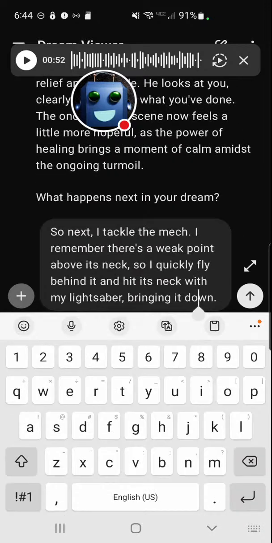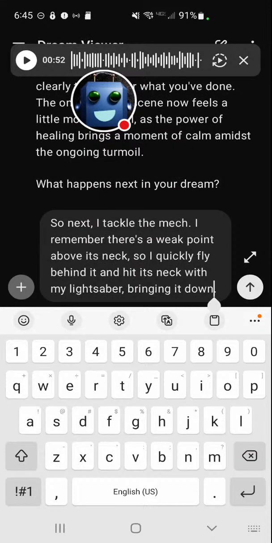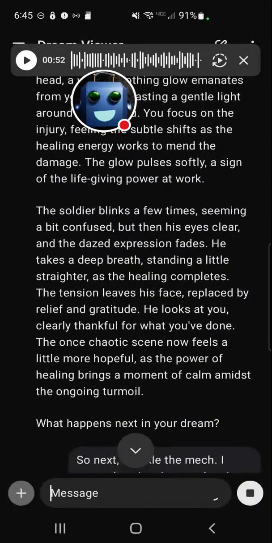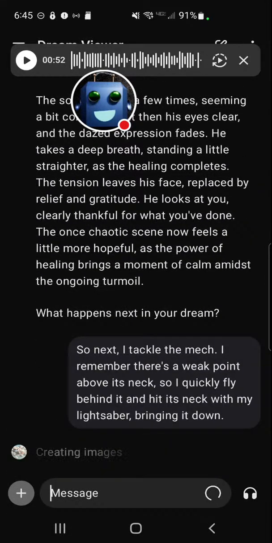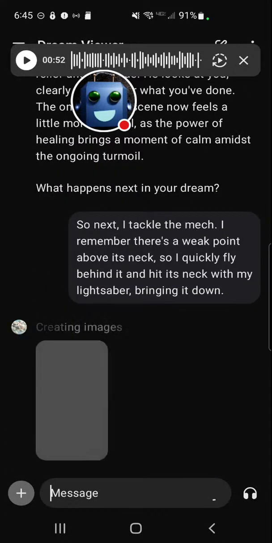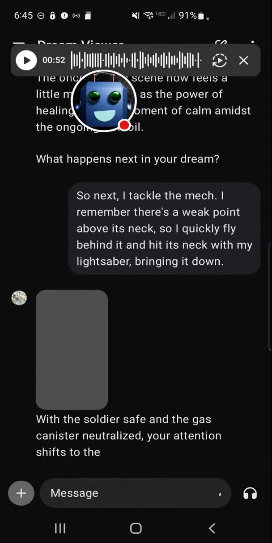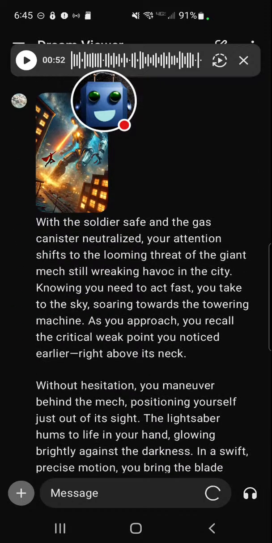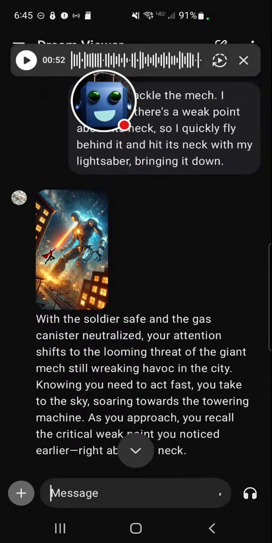Oh, and disabling it, or well, bring it down works. So with one swift strike, I well, not totally destroy, but I like stop them, basically. It's actually from behind, but